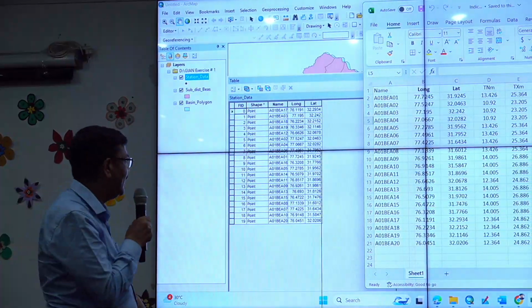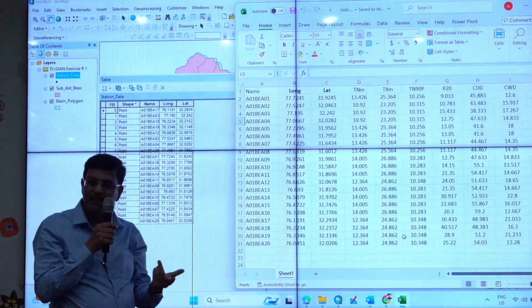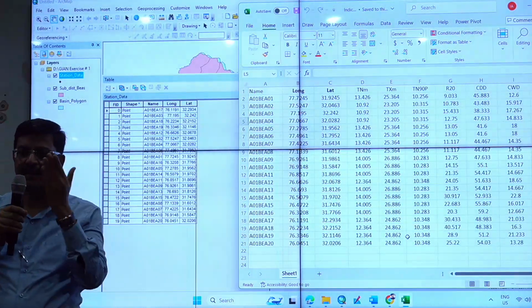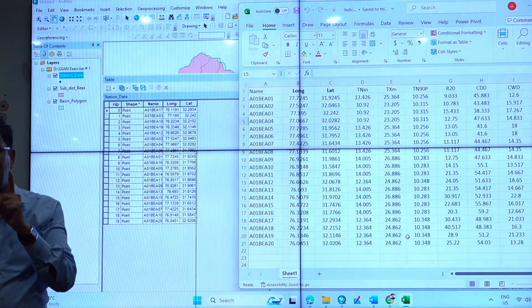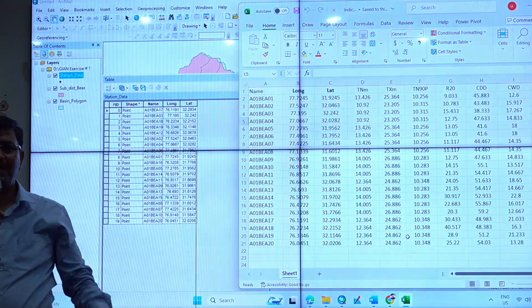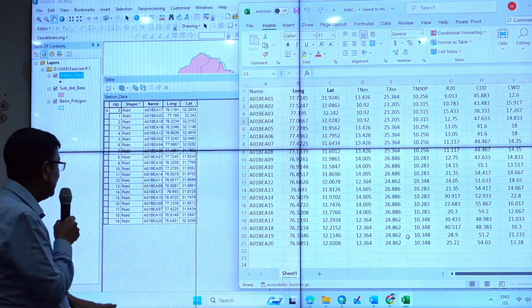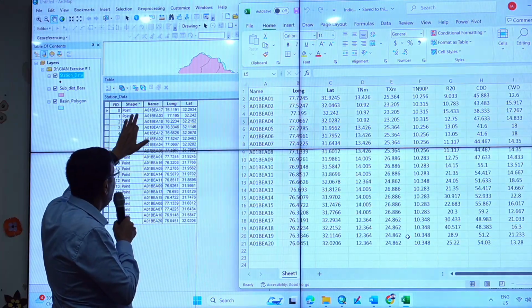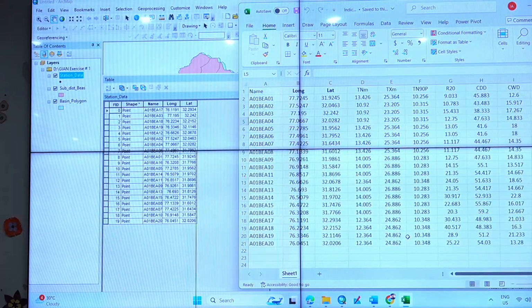Or you can create a separate column here. You can add a separate column. You can put the name ABCD, or you can write whatever you say, Delhi, Bombay, Calcutta. But it is always good to have a unique key as a number, because typing कभी गलत हो जाएगा तो अटैच नहीं होगा, an error आएगा. So these are the two unique keys. Based on these, or you can have a FID. Based on this unique key, what we do is we link it. So let us do it in a minute.